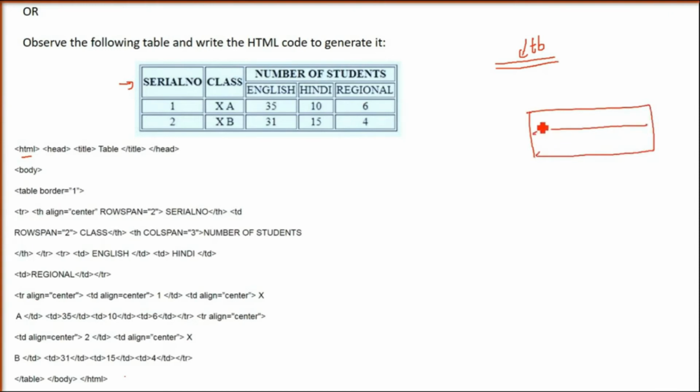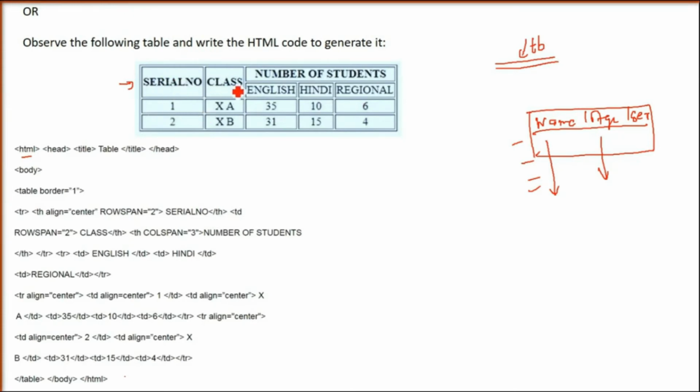See, if I say name, age or sex. So here when we write name, age, sex, there can be 100 names below this. So the top line is the header. This will always be in bold. So if we write TH, align equals center, serial number will come in center. Now it has taken 2 rows. Rowspan equals 2. The size of serial number, the first column, if you see, is higher than the other columns, right? So rowspan has extended to 2. So it will take 2 rows to put serial number, not 1 row.